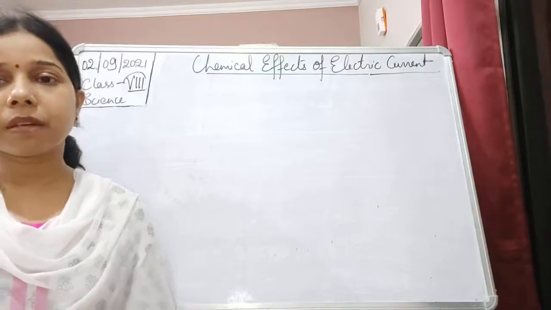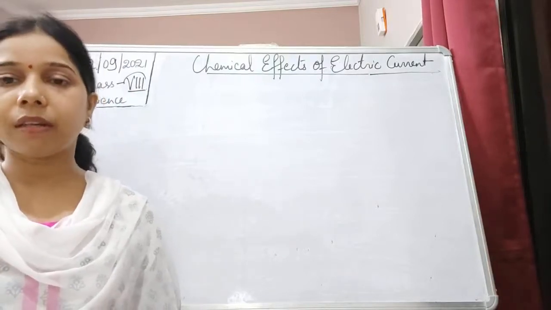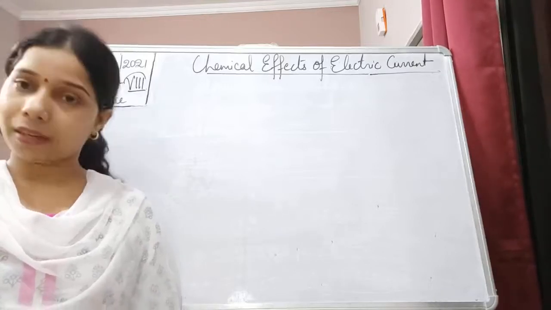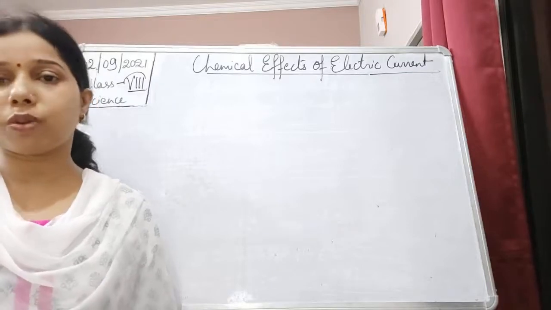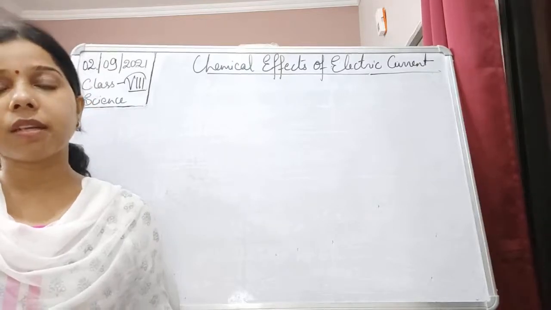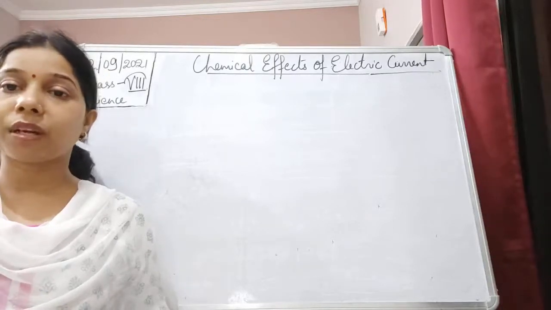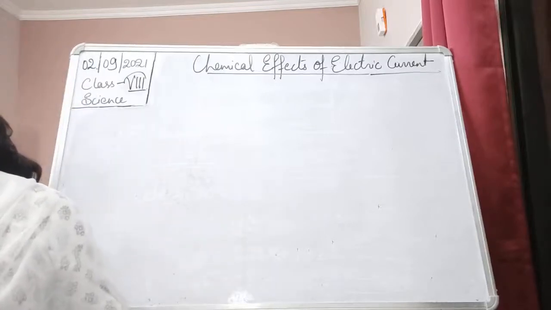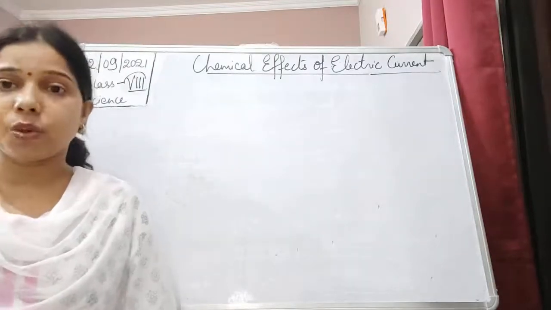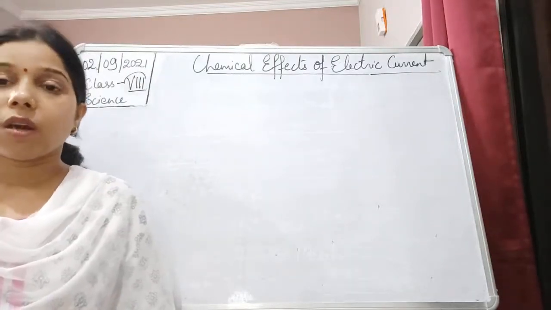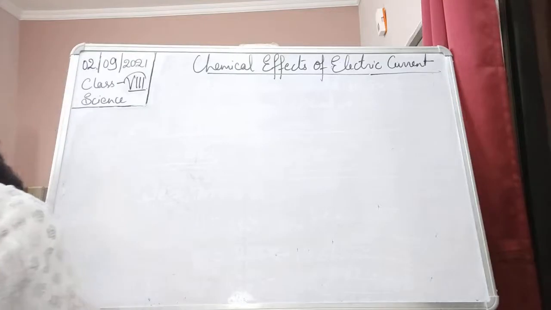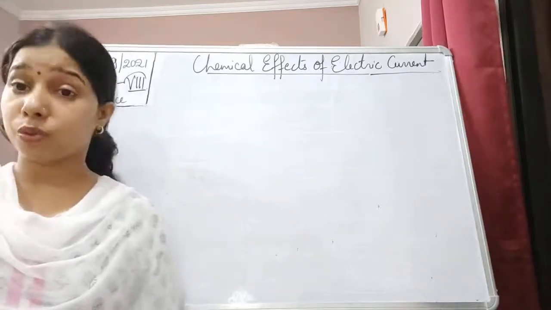So students, in the previous class in this chapter on the chemical effect of electric current, we were talking about the electrodes, and we had seen what are electrolytes and what are non-electrolytes. Electrolytes are those substances which allow the electric current to pass through them in their molten state. Non-electrolytes do not allow the electric current to pass through them. We have also understood the various chemical effects of electric current that can be seen, like the change in color, evolution of gas, or the decomposition of the ions or the charged particles. As well as we were talking about the electrolysis process.